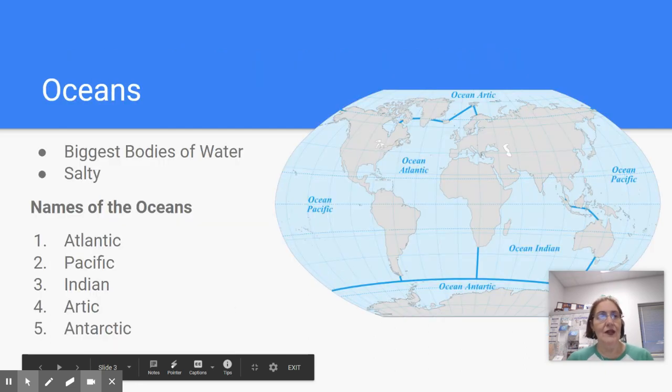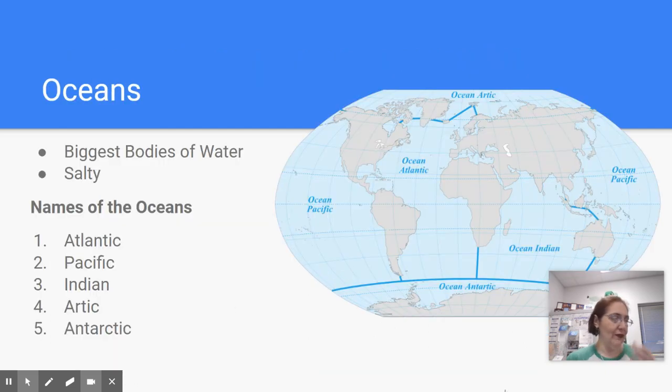Okay. So oceans. Oceans is the first body of water we're going to do. I told you that we're going to do it similar to landforms, but in this case, I do want you to write down the different oceans. In your flip book right here, under oceans, we're going to write biggest bodies of water,